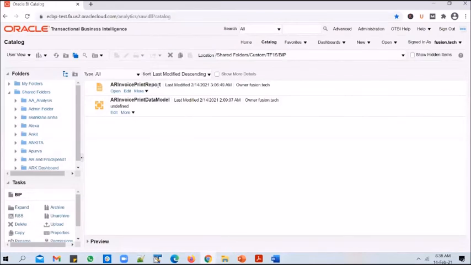Okay, one very important point. Once you create a report, so first you create a data model, and based on the data model, you create a report and you register the report as an ESS job, so that when the user submits the ESS job, the report will get triggered and the report will run the data model internally, and the data model will go and fetch the data from the database. XML output will be generated by the data model with the data fetched from the database. It will throw that XML output to the report. The report will consume that XML output. It will generate the output in PDF format and throw it back to the ESS job. That's the normal flow. And let's register an ESS job for this report and let's run it from the application now.